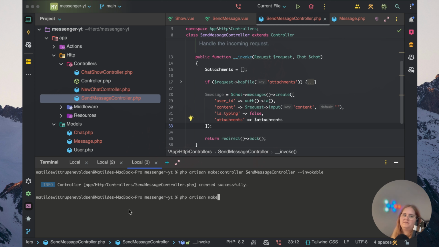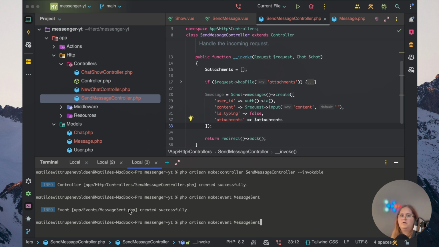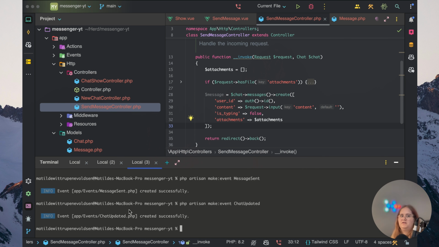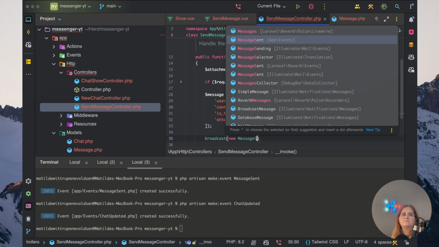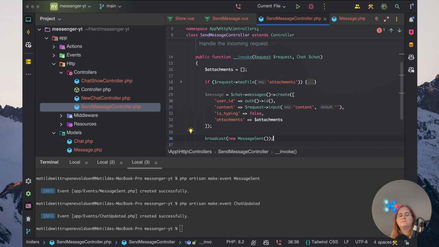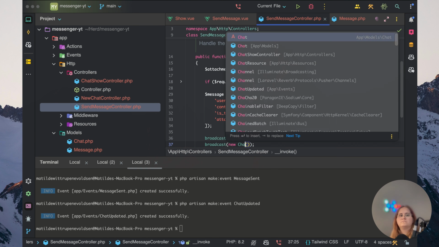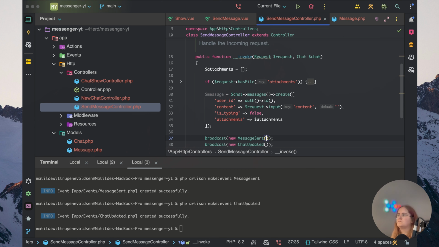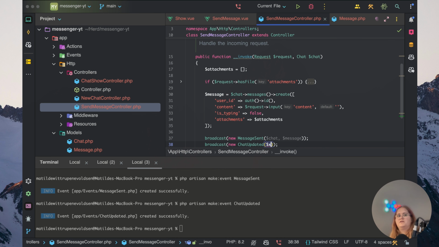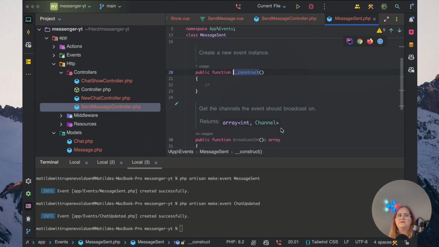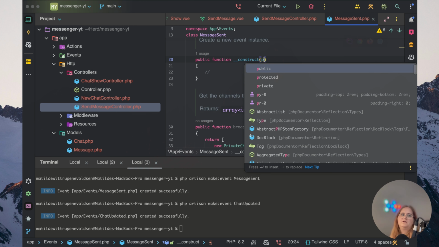So you want to create PHP artisan make:event, and I'm going to have an event in here called MessageSent and one called ChatUpdated. We want to broadcast these here. This one is going to take through a chat and message, and this one is just going to take through a chat. So let's go ahead in here and now make sure that we take in a public